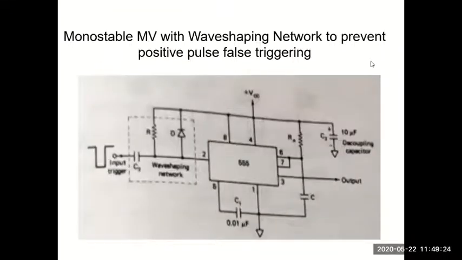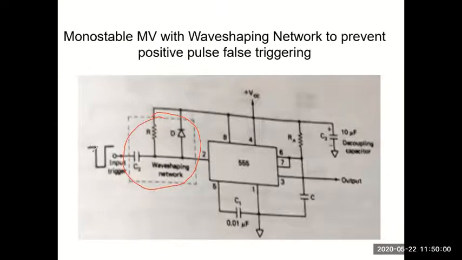And the last thing about this monostable is, for a practical monostable circuit, we will always include some 3 additional components at the input side. That is a high pass circuit, a capacitor followed with a resistor and a diode. You see, these 3 additional components are normally used for any practical circuit. Why is it used? It is used to prevent something known as false triggering. What is that false triggering?